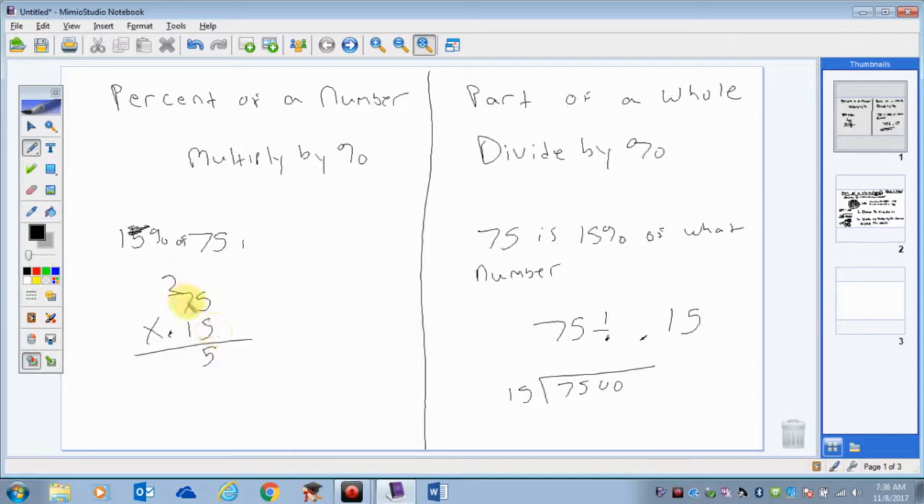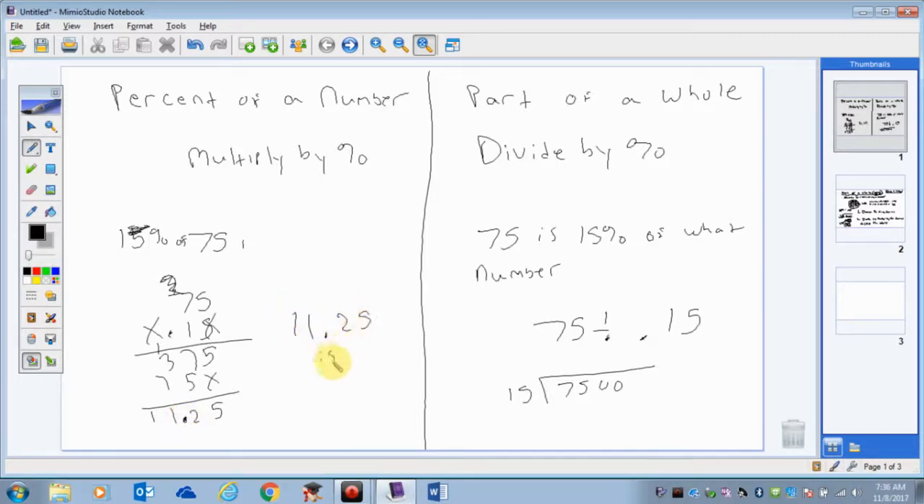5 times 7 is 35. Plus 2 is 37. Done with a 5, so I mark that place out coming down here. 1 times 5 is 5. 1 times 7 is 7. Add this up. 5, 12, carry my 1. 11, 25. I've got 2 decimal places in the problem, so